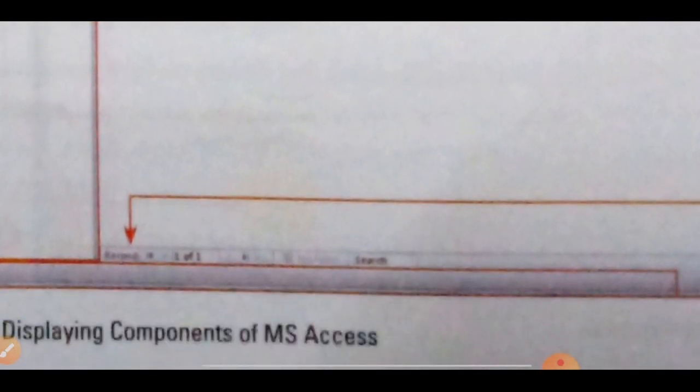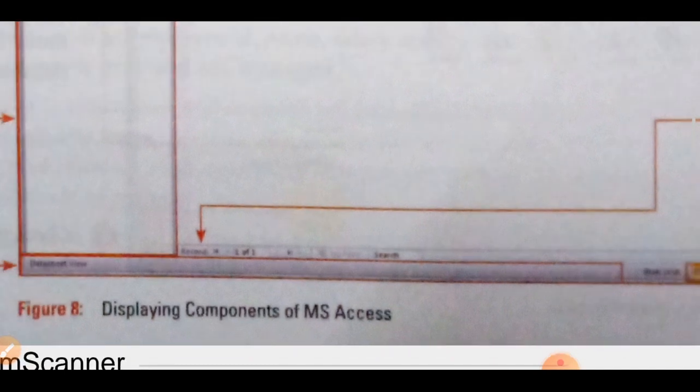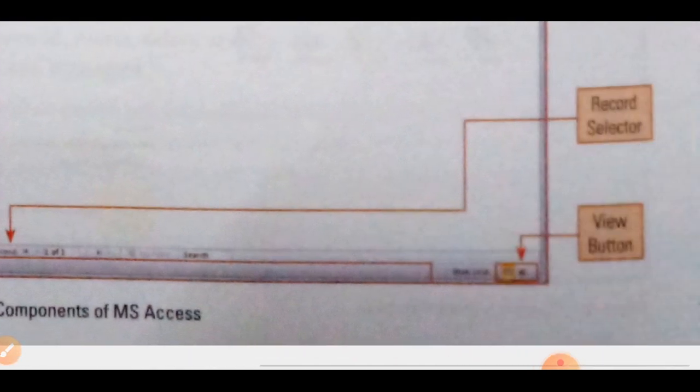This is the record selector. For example, if you have entered 10 records, then all those 10 records can be selected from here. You can see the arrow buttons. With the help of the arrow buttons you can move from one record to another record, and this is known as the record selector or record navigator.